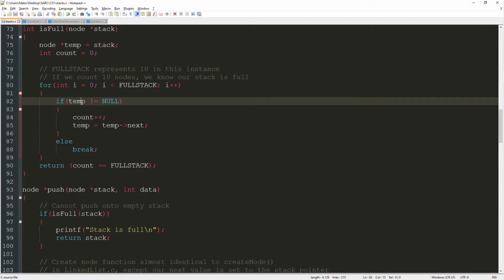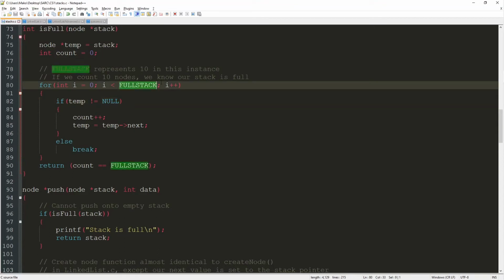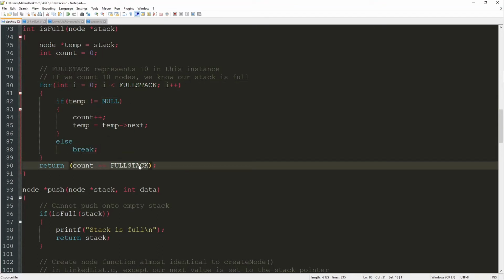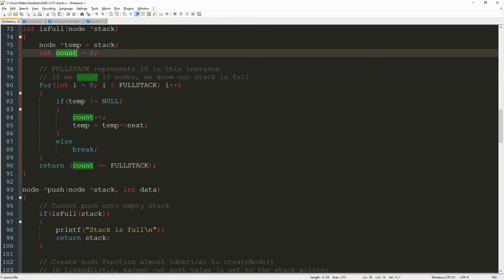And then obviously if temp doesn't equal null, that means we keep shifting over, but if it does, that means we didn't reach full stack, so we break and then we just do return count equals full stack. Once again, conditionals will evaluate to 1 or 0. So if count equals full stack, that means our count value should equal 10,